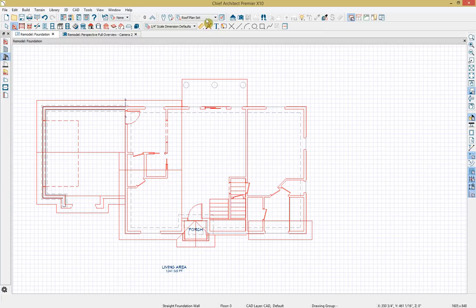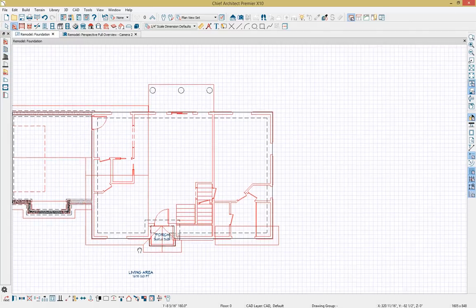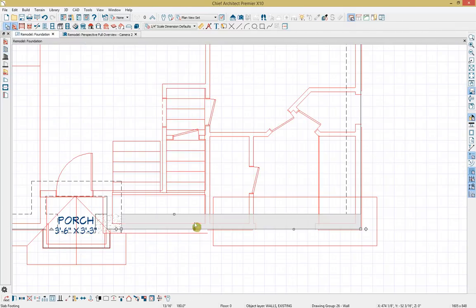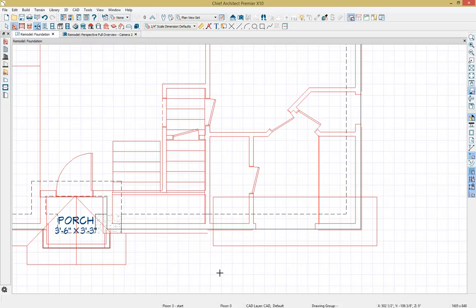And we're in our roof plan set, which is why I can't see the fill style. So let's switch over to the plan view set. So there it's pretty clear to see the difference between the existing and the new. Okay, so the final change I'm going to make is I just want to extend a section of this existing foundation wall. So I'm going to break it right where it meets up with the wall above it, and then this segment I'm just going to pull down and then extend out